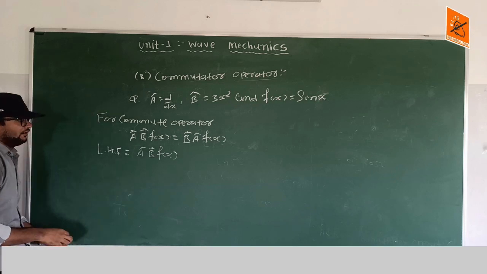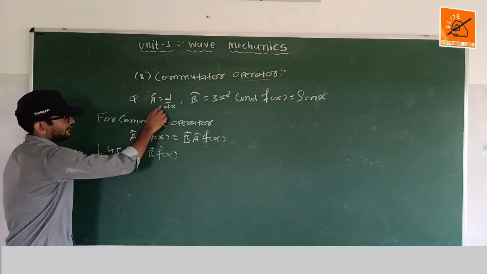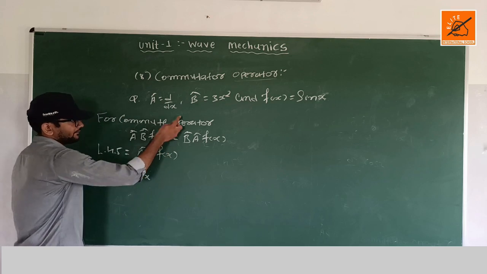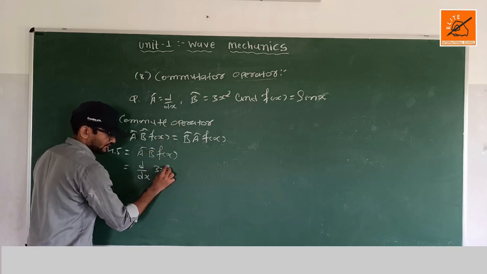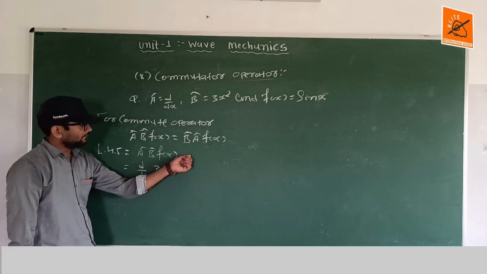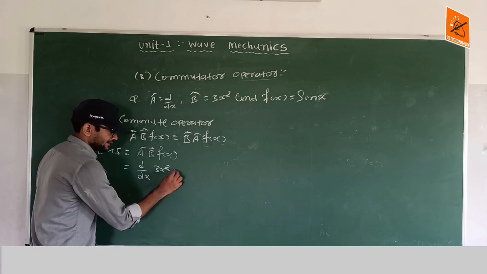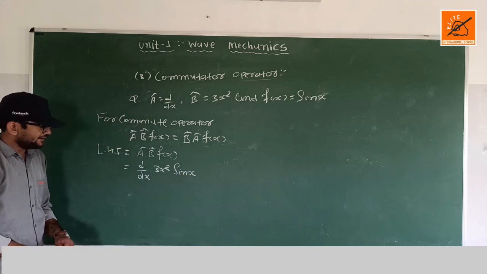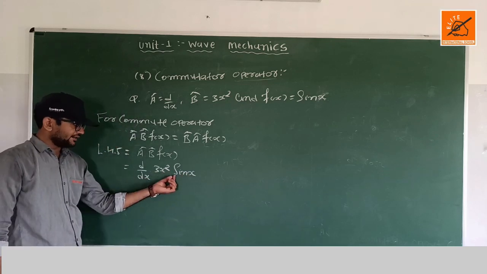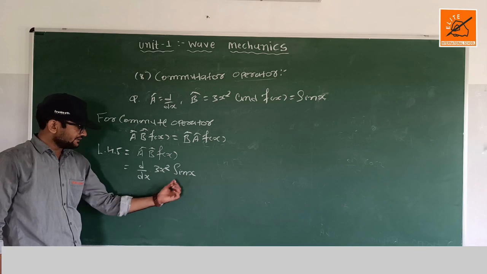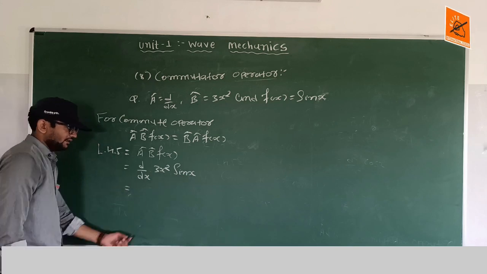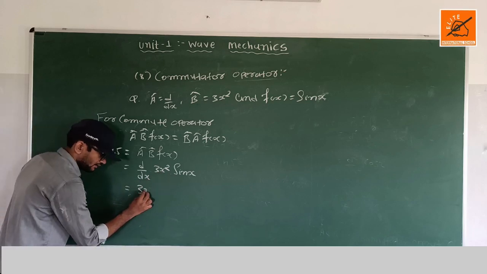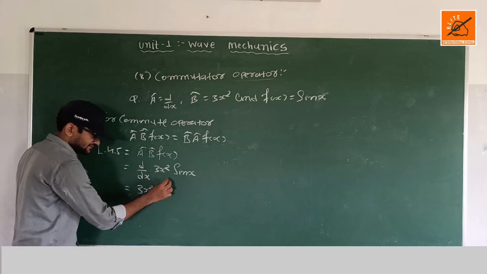It means the value of A cap is d by dx, the value of B cap is 3x square, and the value of f(x) is equal to sin x. So now d by dx of 3x square into sin x means first 3x square remains as it is, and d by dx of sin x,